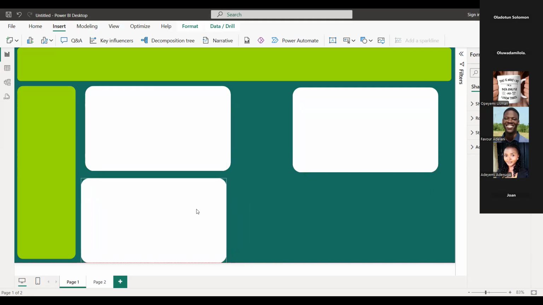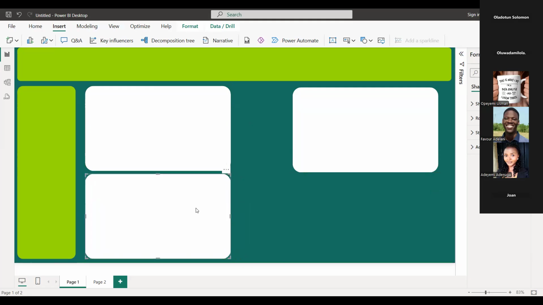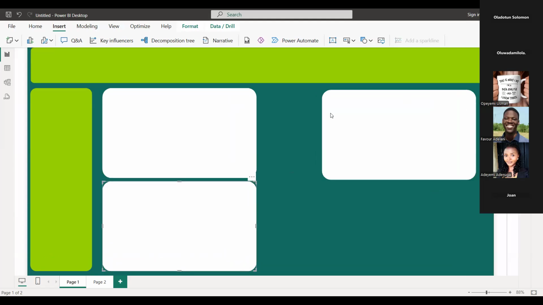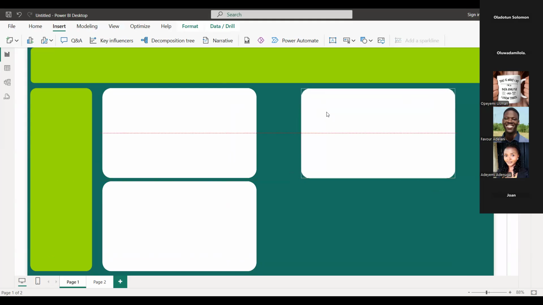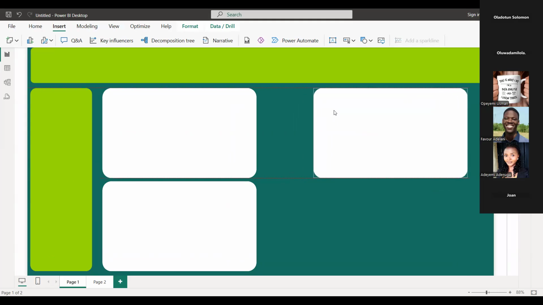Now, can you see red lines that are beside that as I'm moving the shape? Can you see certain red lines that are moving with them? We call these red lines the alignment lines. They help you to keep your shapes in alignment, to keep them in order so that everything is not just all over the place.